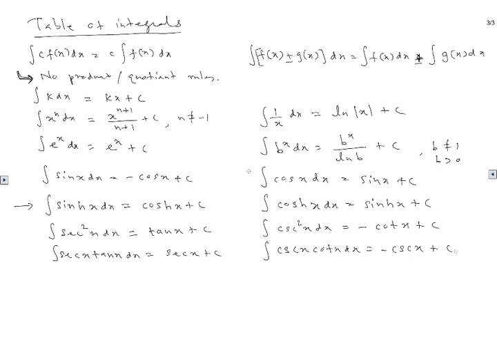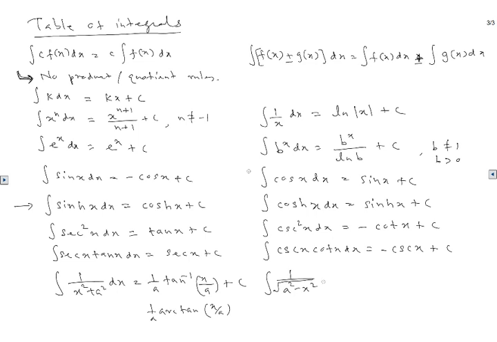Okay, and then we have just one more. We have the integral of 1 over x squared plus a squared dx, which is 1 over a tan inverse of x over a plus c. Some people write this one as arctan x over a, so 1 over a. But I don't write it much. And then we have 1 over the square root of a squared minus x squared dx, which is simply sine inverse. There's no 1 over a here, x over a